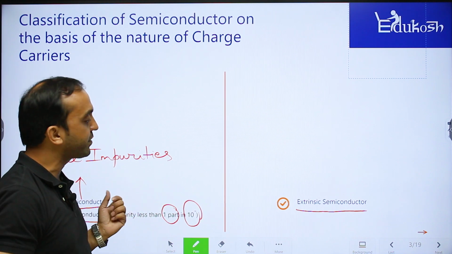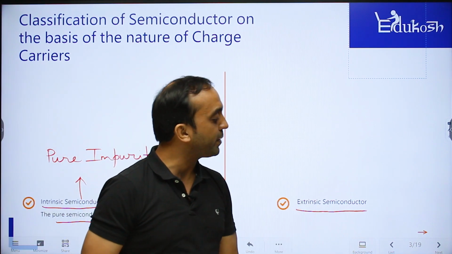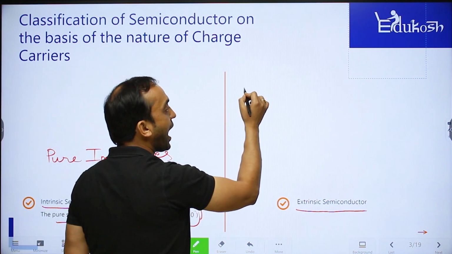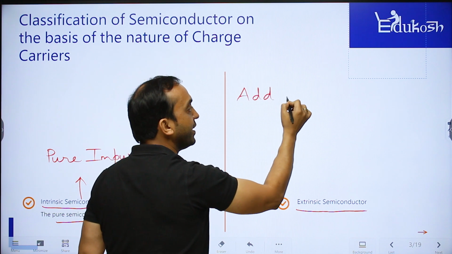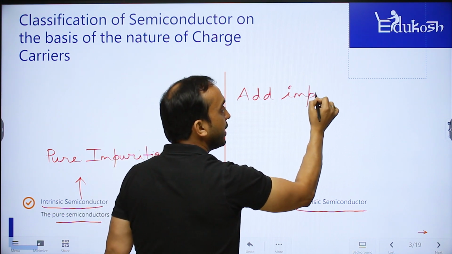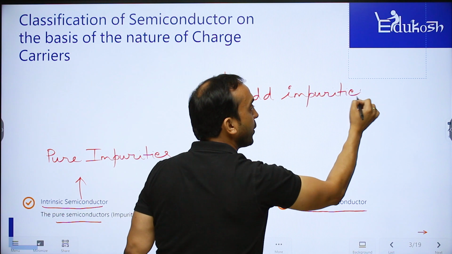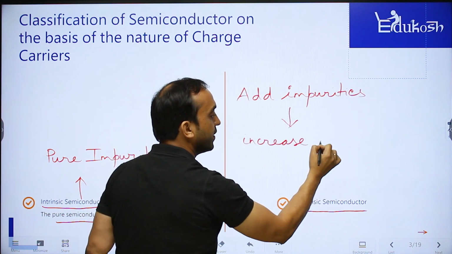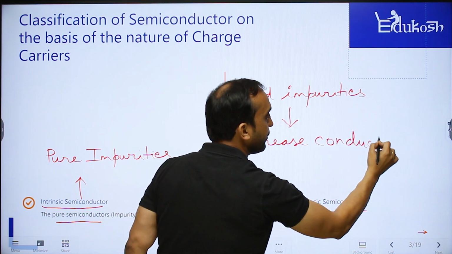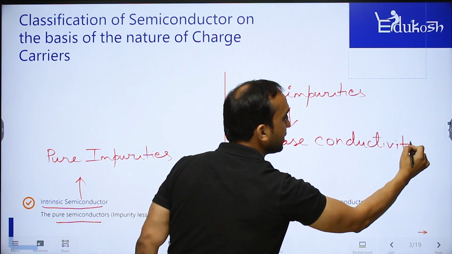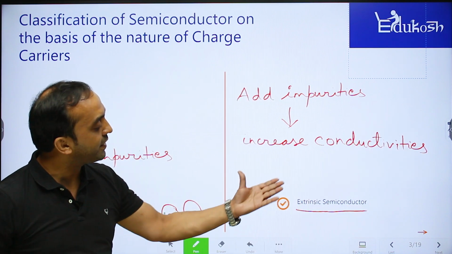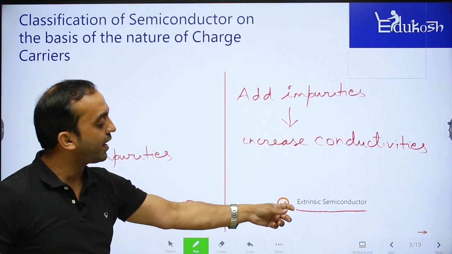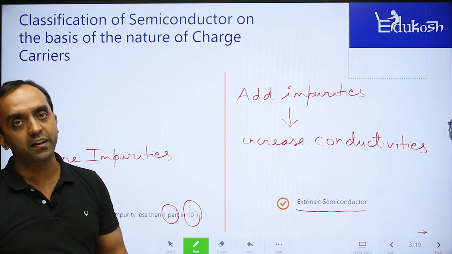That means an intrinsic semiconductor. What is an extrinsic semiconductor? This is the impure form of semiconductor, where we intentionally add a certain amount of impurities. What is our purpose in adding the impurities? In order to increase the conductivity. If we add a certain amount of impurities to increase the conductivity, that semiconductor is called an extrinsic semiconductor. So the conductivity is better in the extrinsic semiconductor compared to the intrinsic one.